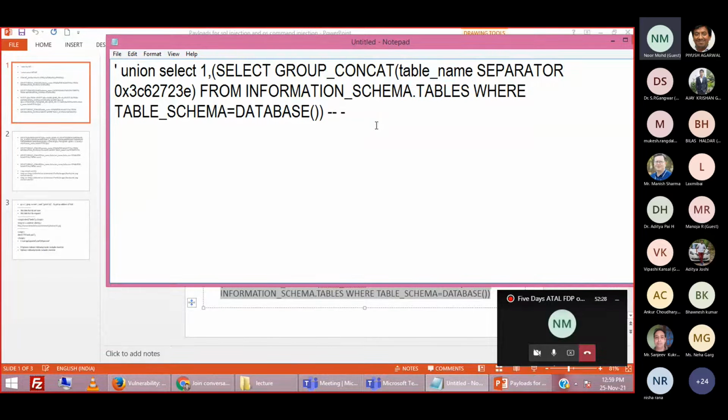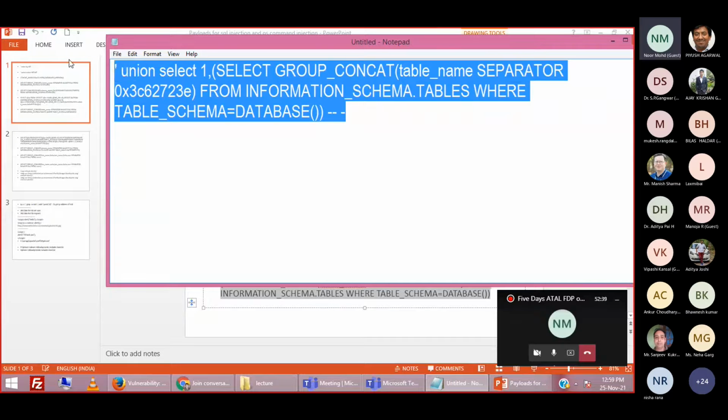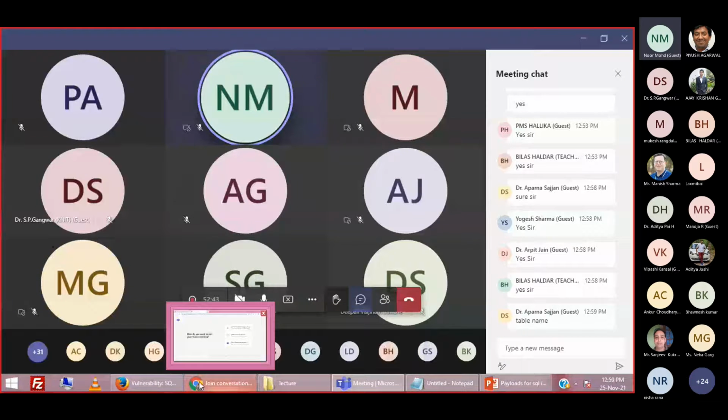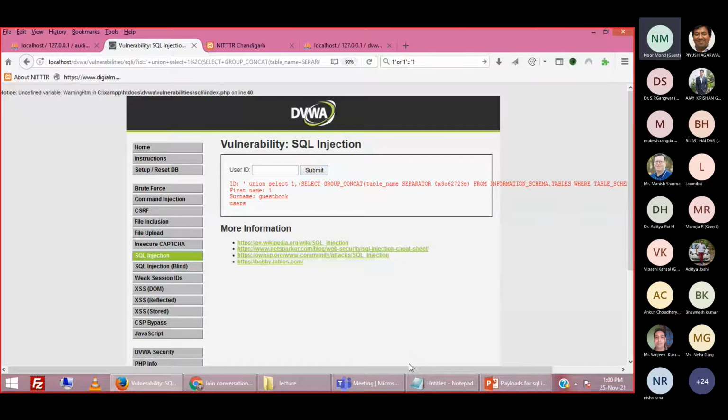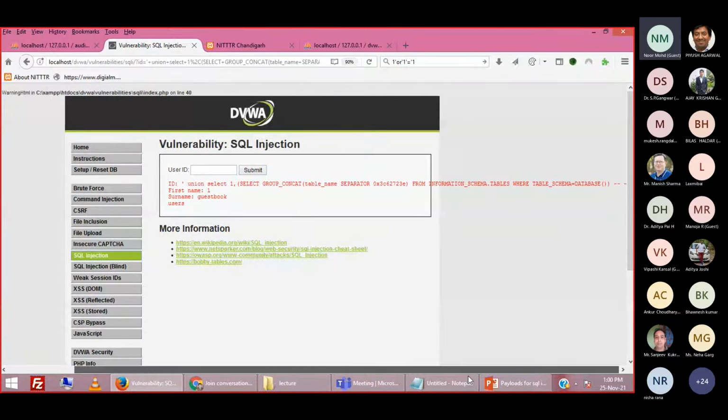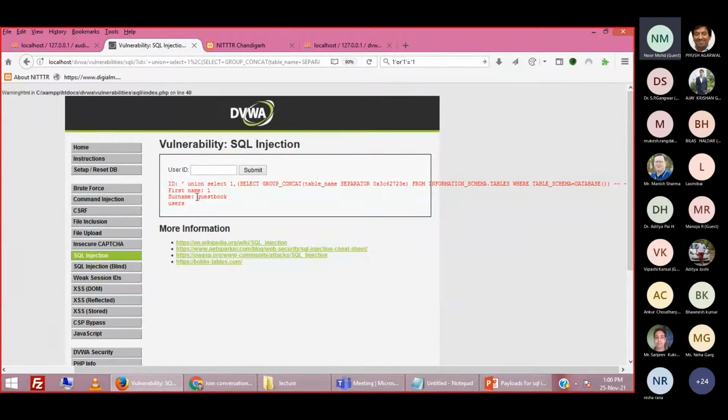So firstly we have reached the web server, then we have reached the database. Now we are entering inside the database and we are going to see the table names, right? When we submit here, you can see we have penetrated till the table names.